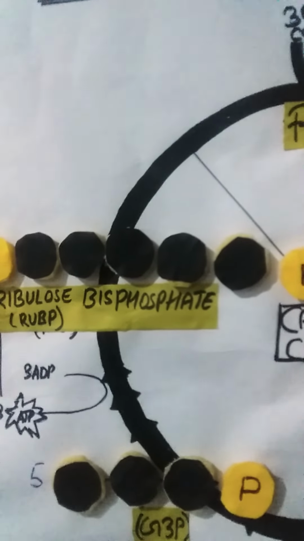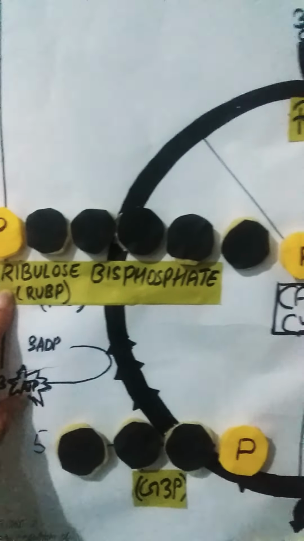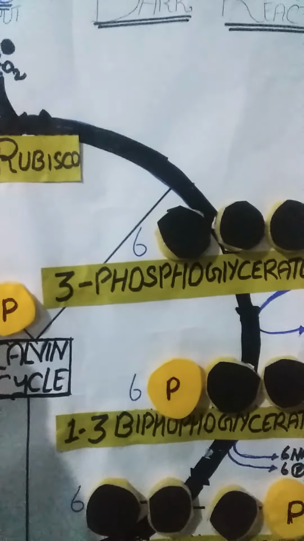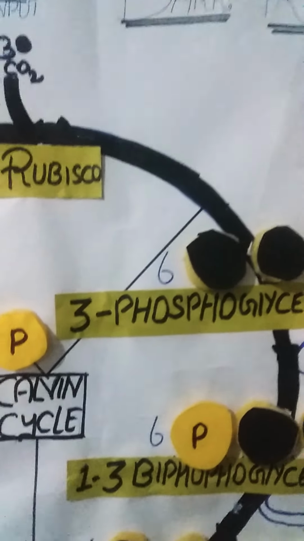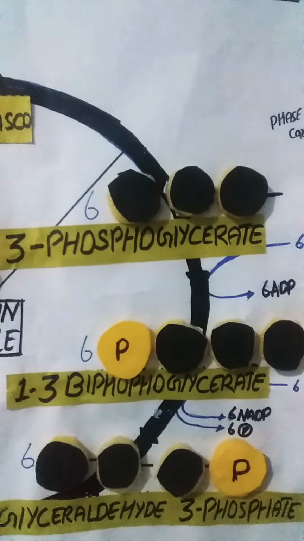You can see this is the first step, at which carbon fixation occurs, carbon fixation with the ribulose biphosphate. We need 3 ribulose biphosphate and 3 carbon dioxide in the presence of the Rubisco enzyme, and 3 carbon dioxide with 3 ribulose biphosphate creates the